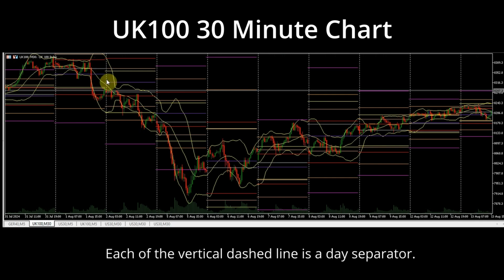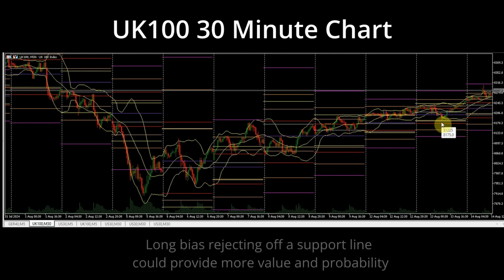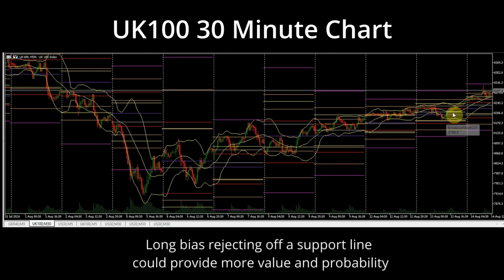So short, sharp bursts down are quite hard to identify and find a reasonable entry without thinking you have missed the mark already. As for the long bias, you can see this candle had quite a strong wick, and often the market will come down like this area here, tap the level, and then continue long in line with the